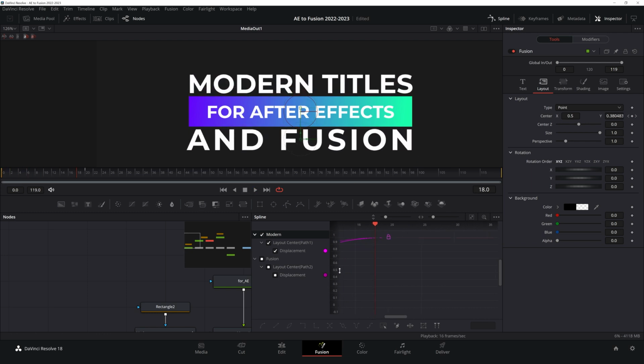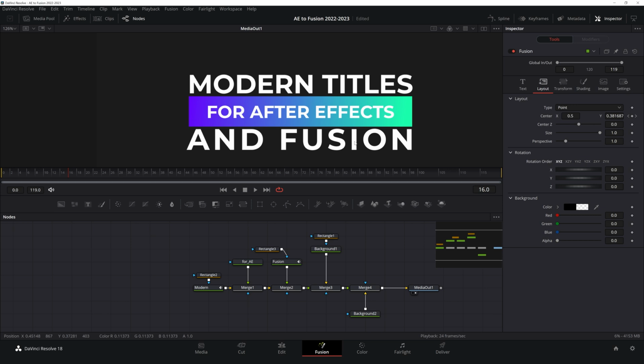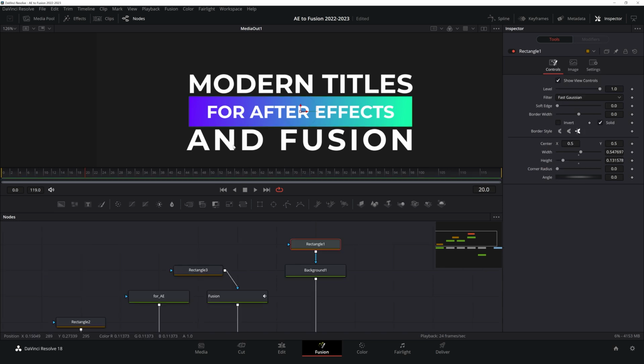Okay, so I want to make this animation even faster. Alright, then I want to animate this bar. I want to animate this rectangle thing, and to do that I select this rectangle mask, going to 20th frame,